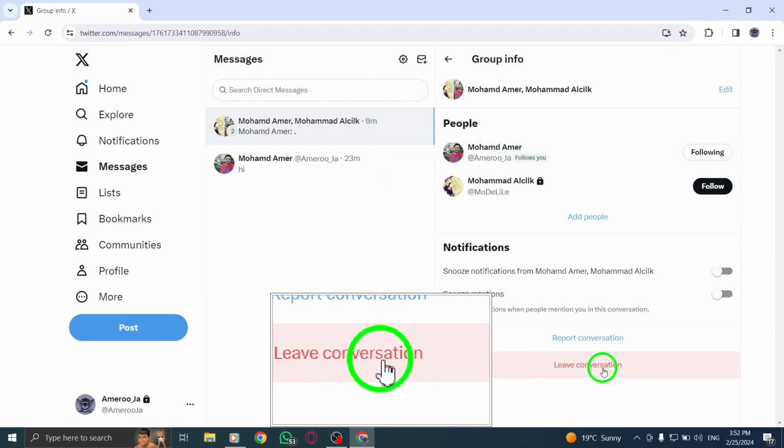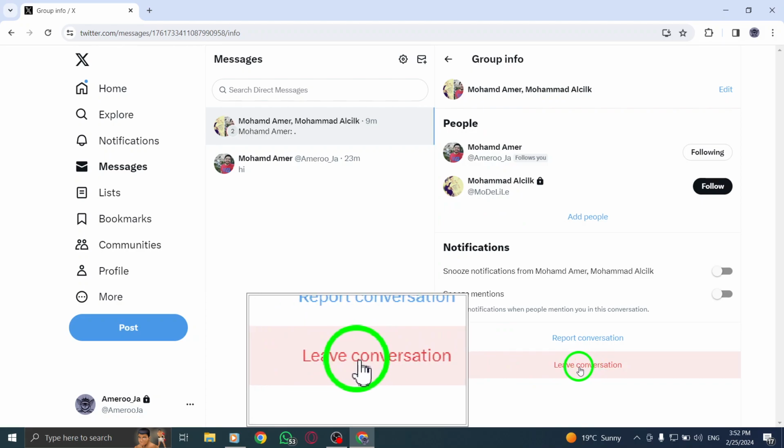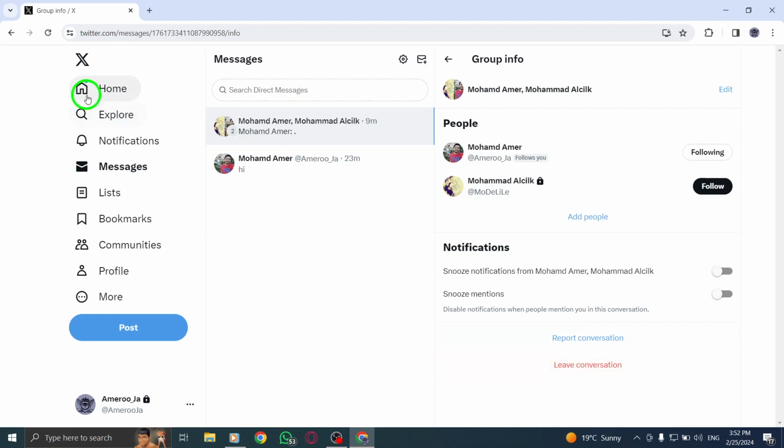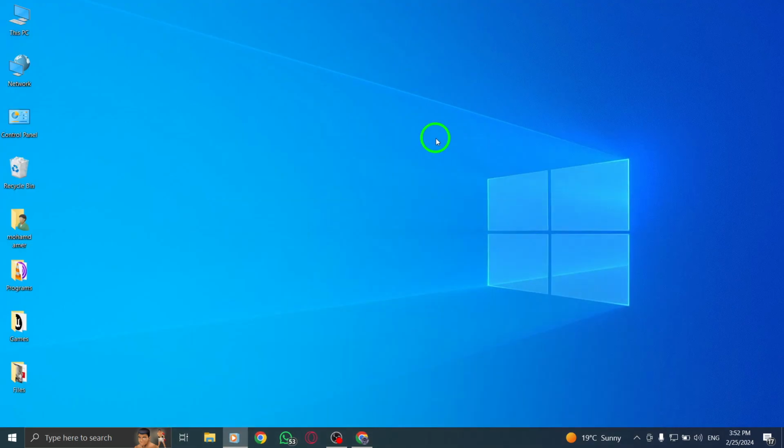Finally, from the menu that appears, select Leave Conversation. By choosing this option, you will gracefully exit the conversation while ensuring that you no longer receive notifications or updates from it. By following these straightforward steps, you can easily control your engagements on Twitter and customize your online experience